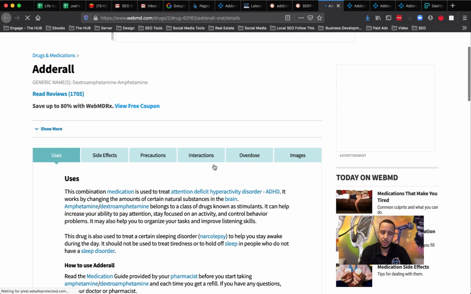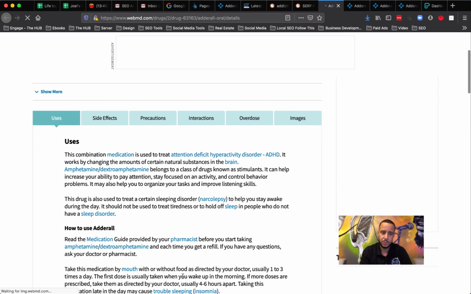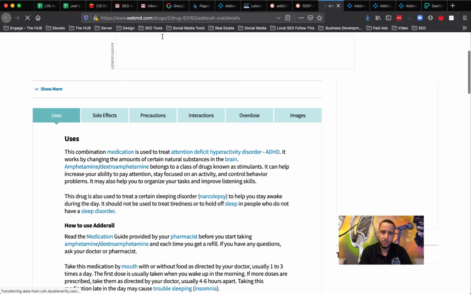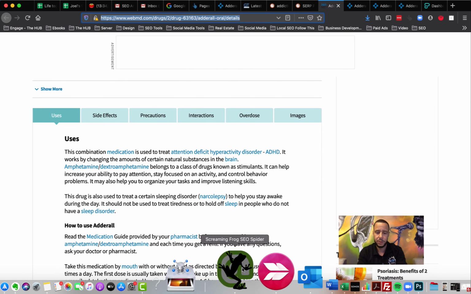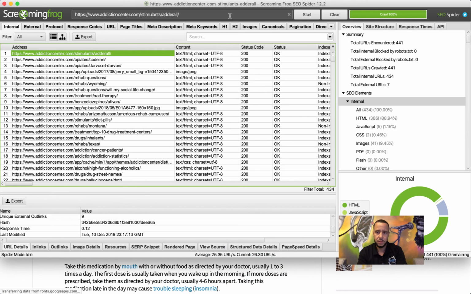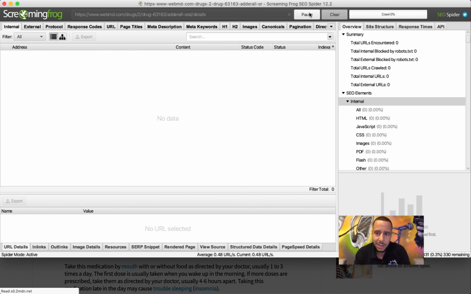So then here we want to look at what are they doing, right? So now grab Screaming Frog. And then I analyze what's going on this page.